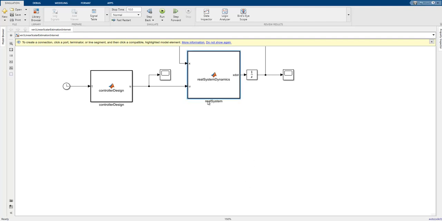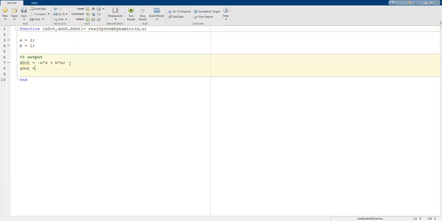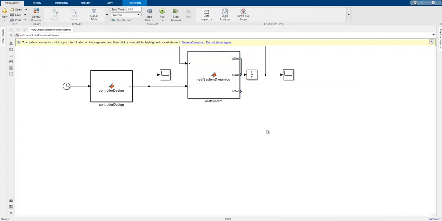Okay, and so I can add the A out value in here, like this one, and the B out value. Okay, and so A out is equal to A, and B out is equal to B. Okay, and so